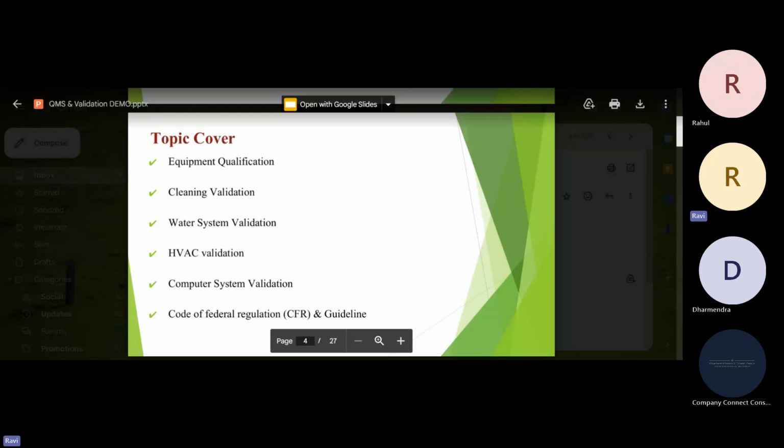ओके, तो हमारा इंडिया में शेड्यूल एम और सीडीएससीओ है ना? हाँ, शेड्यूल एम है ना, सिमिलर वे उसका कोड ऑफ फेडरल रेगुलेशंस है, लाइक 21 CFR पार्ट 210, 211 इज फॉर करंट गुड मैन्युफैक्चरिंग प्रैक्टिसेस, और 21 CFR पार्ट 11 है वो कंप्यूटर सिस्टम वैलिडेशन और इलेक्ट्रॉनिक सिग्नेचर्स का है। ऐसे डिफरेंट गाइडलाइन पब्लिश किया है, वो एफडीए का है, यूएस का रेगुलेशन।